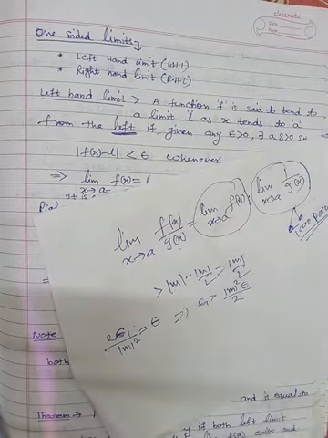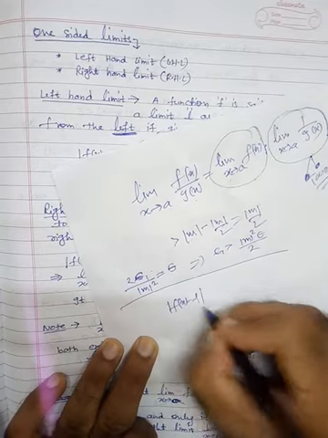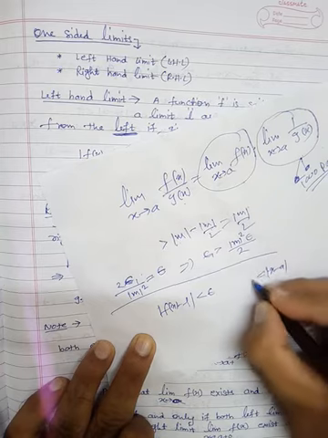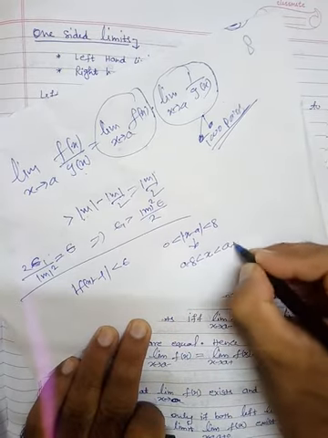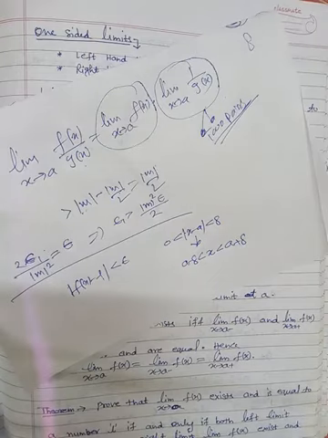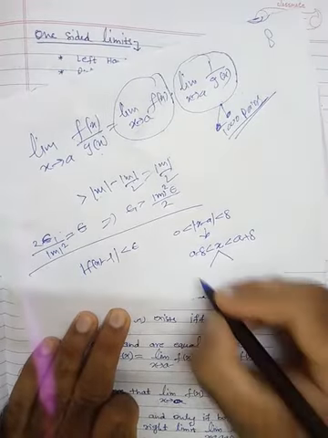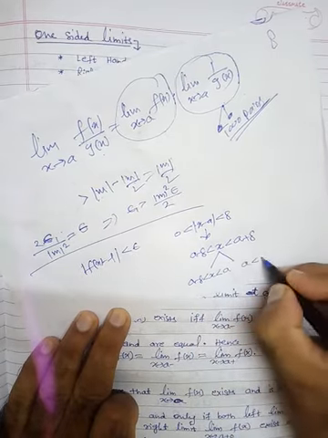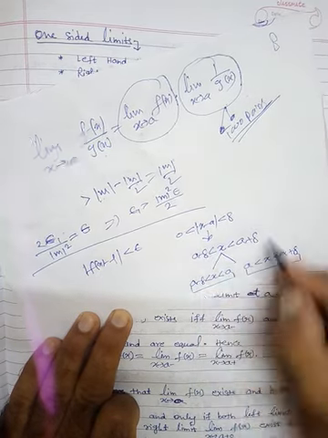In general, the definition of limit is this: |f(x) minus L| is less than epsilon whenever |x minus a| is in between 0 and delta. This can be rewritten as, when you open this, you will get a minus delta less than x less than a plus delta. But here what is our movement? This can be bifurcated into two parts, a minus delta to a, and a to a plus delta. When you combine these two, you are getting this inequality.